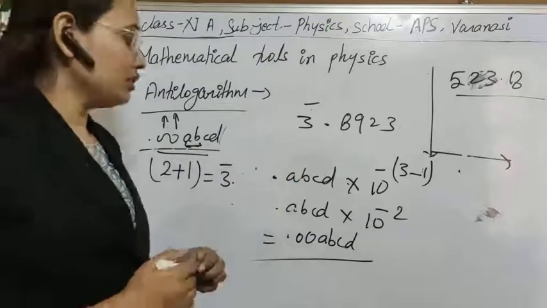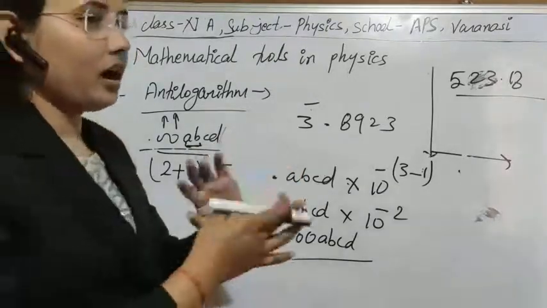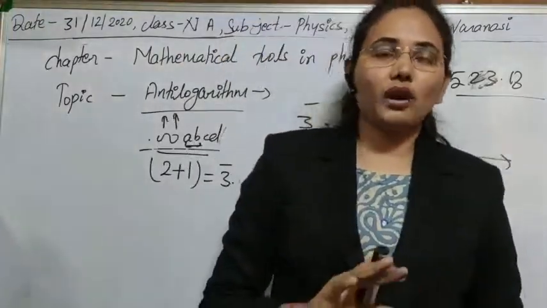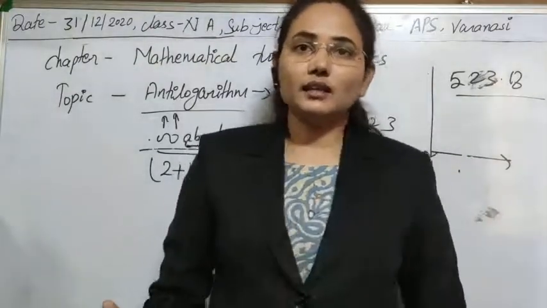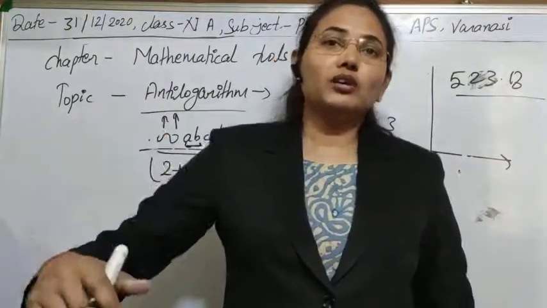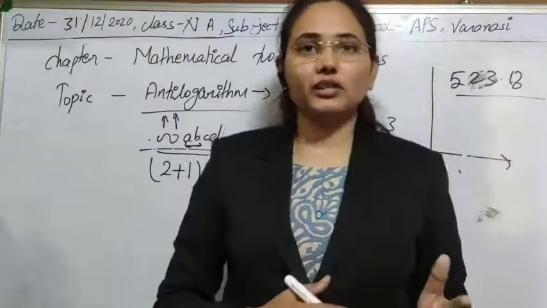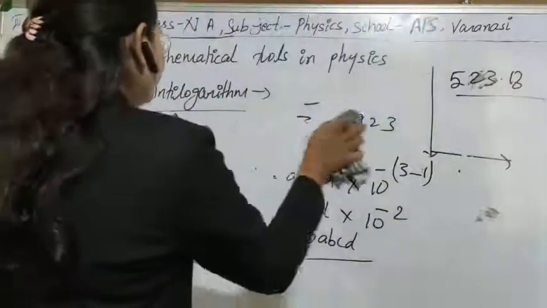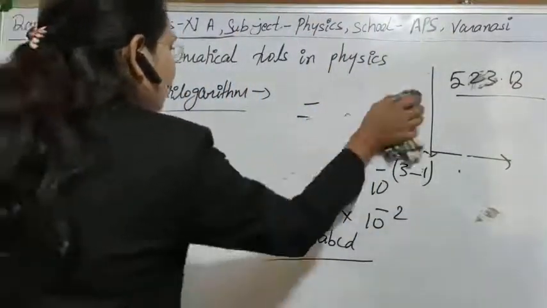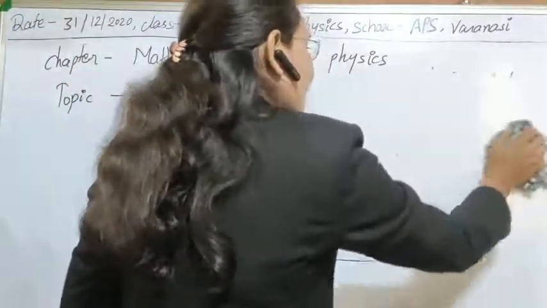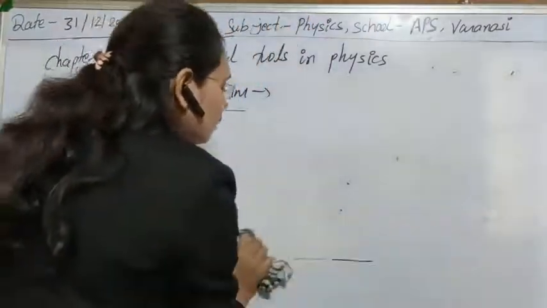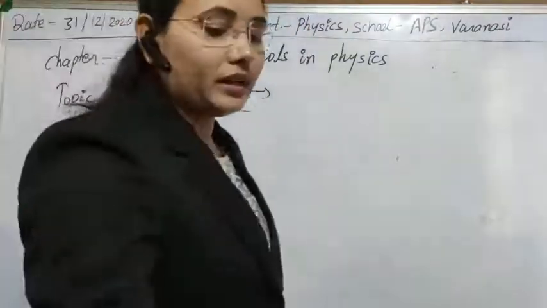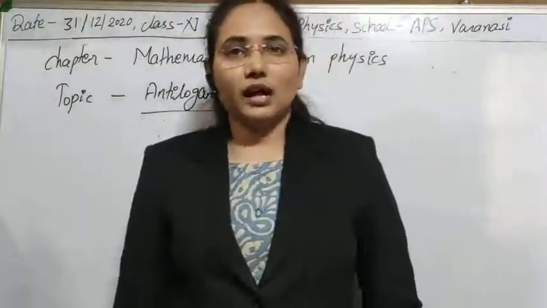Clear? So you can see that log and anti-log are interconvertible things. It means if you take the log of some quantity and get another quantity, then if you take the anti-log of that quantity, you will get the previous quantity of which you had taken the log. So I think, students, the concept of log and anti-log is clear, and how you can find it with the log and anti-log table, I think that is given. Whenever the value of log or anti-log is given in your questions, then how to solve it.